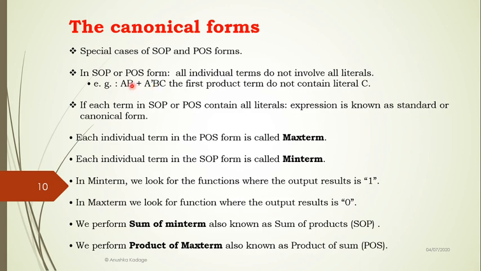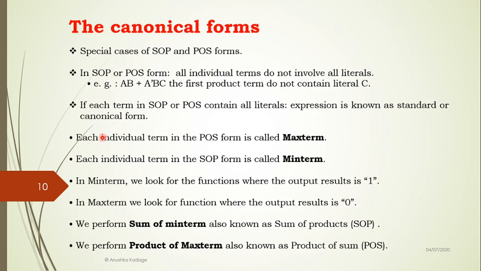What I mean is, let's check the first term AB. Definitely in this term we can't see the presence of the third variable either in original form or in complemented form, that is C or C dash. So if each term in the SOP or POS contains all the literals, then that expression is known as